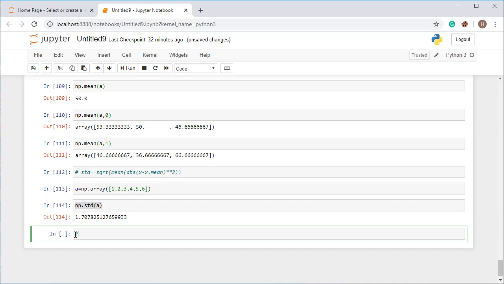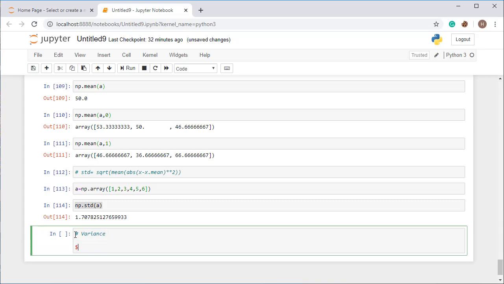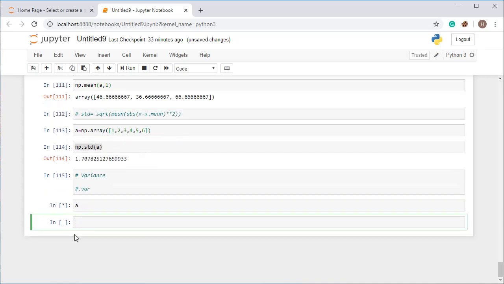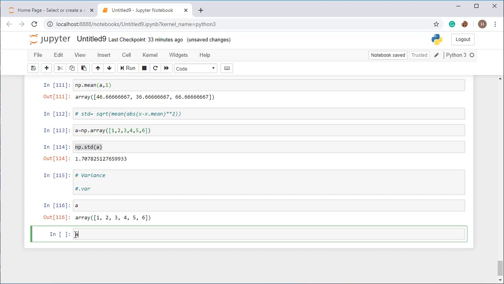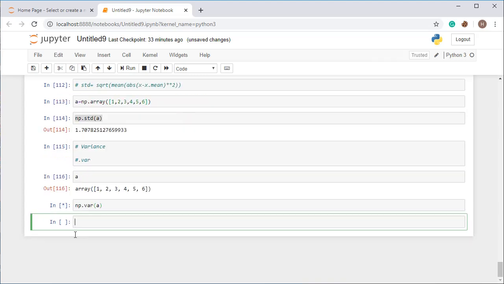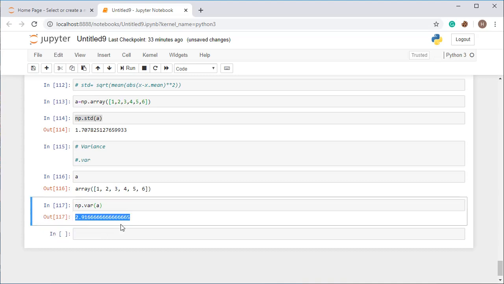And for variance you can use .var and the same rule. So let's check the variance of A. For variance we use np.var and then pass A, and you will get the variance. So what is the formula of variance?